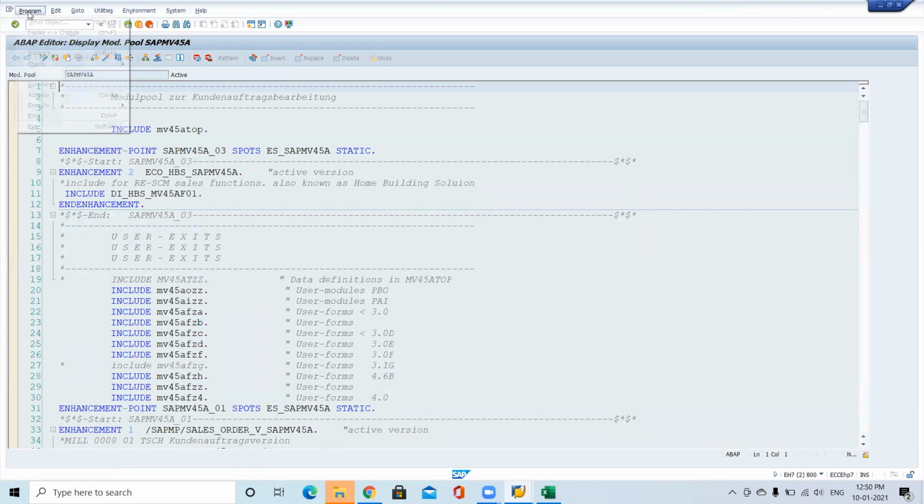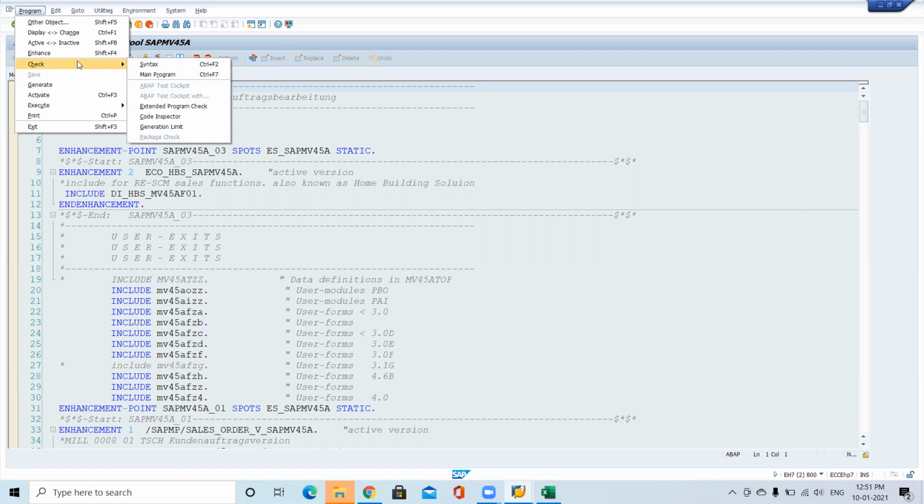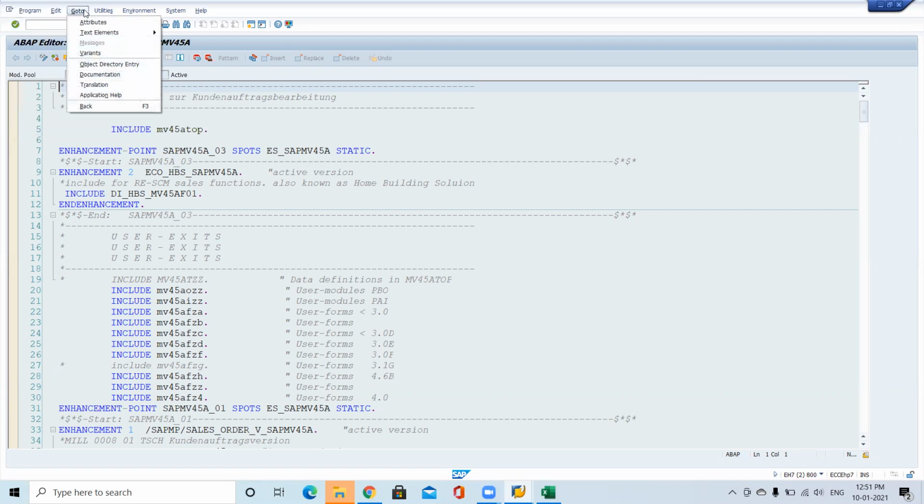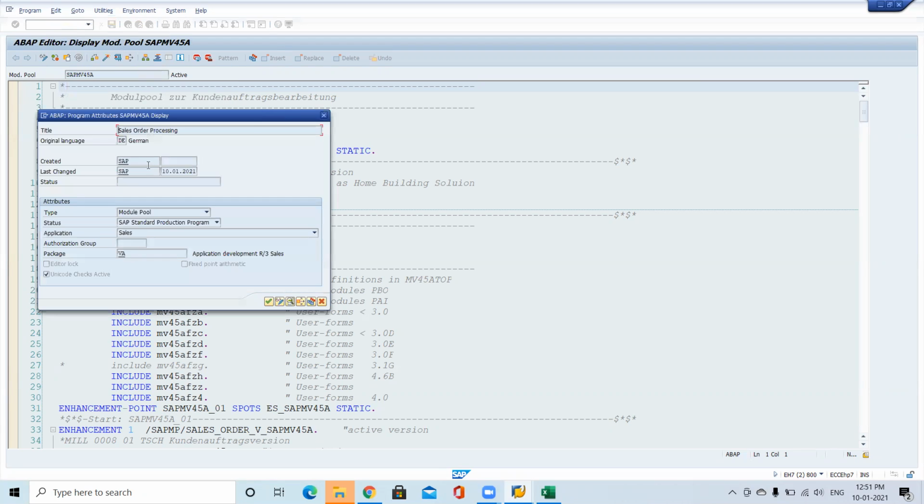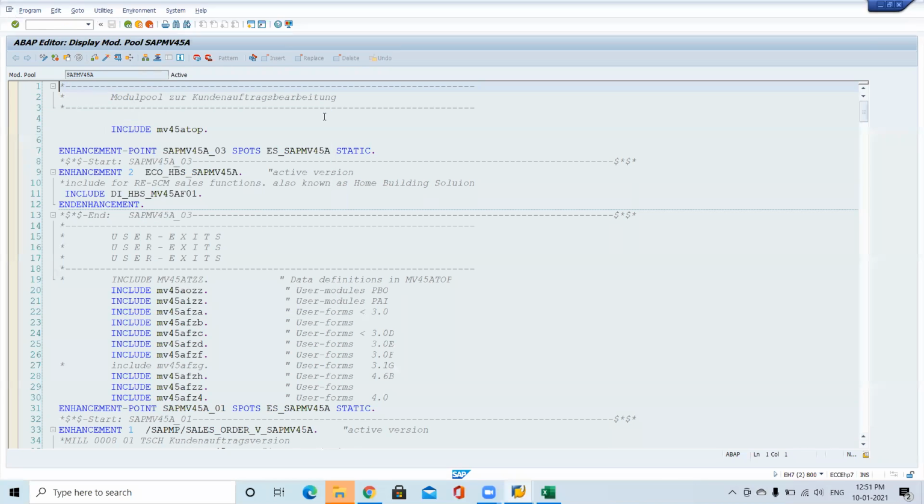For this program, just check for the package. Syntax, attributes. Go to attributes for this program. This is the package. Okay. Once you know the package for this particular T code, which is the relevant program